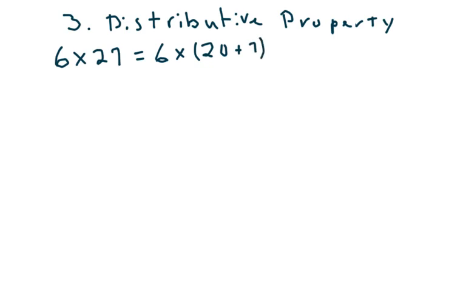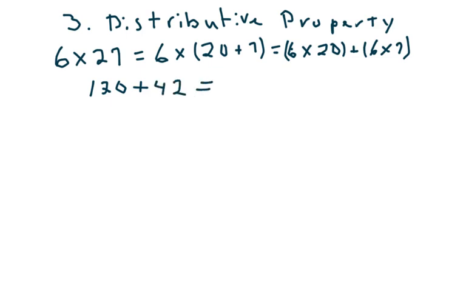Now, the distributive property says if you've got 6 times 20 plus 7, that's the same as 6 times 20 plus 6 times 7. Looks a lot like what we've been doing, doesn't it? You expand it out, 20 plus 7, you multiply 6 times 20, 6 times 7. But it's just written out mathematically in these horizontal steps. So this turns out to be 6 times 20 is 120, plus 6 times 7 is 42. Add those together,